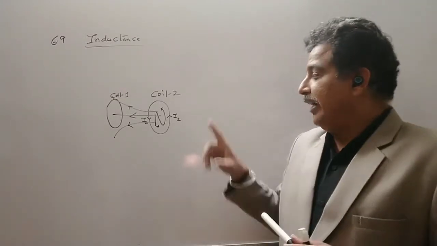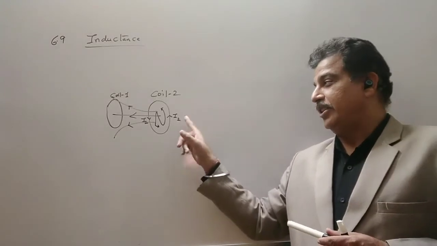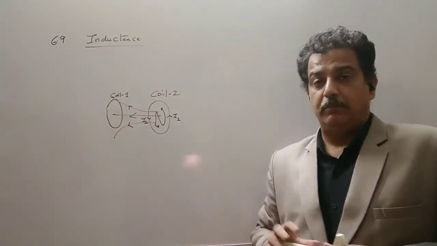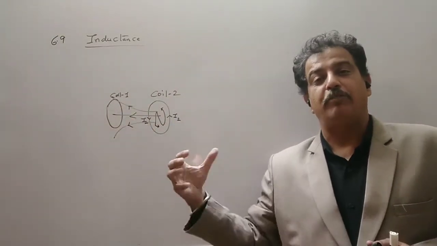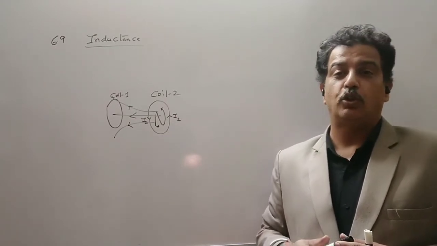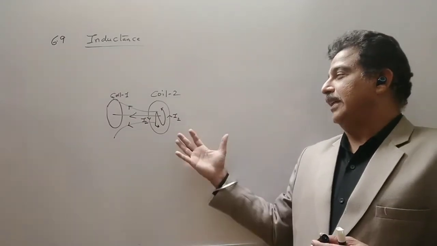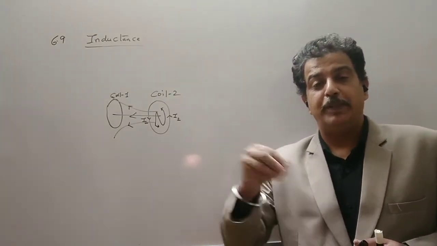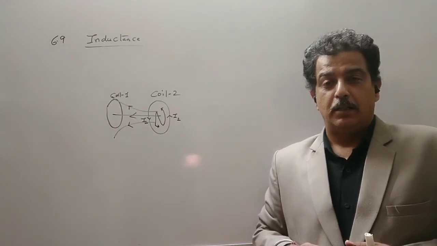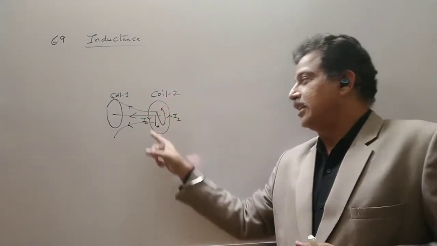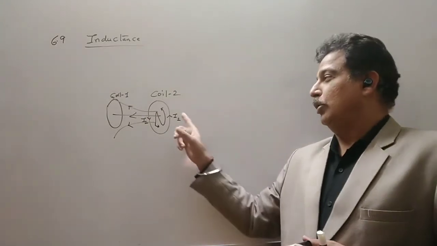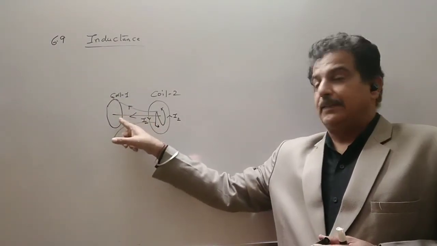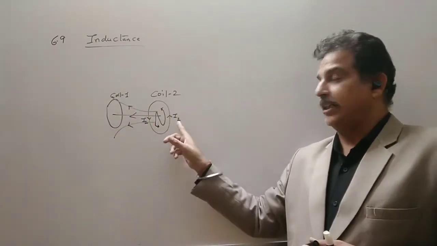And if I change this current, the magnetic flux linked with coil 1, meaning the number of field lines passing through coil 1, will also change. It is common sense, because we know the flux is equal to BA cos theta. Now what will be the magnetic field of this circular coil? We know the formula for the magnetic field at a distance x if current I is passed through it.